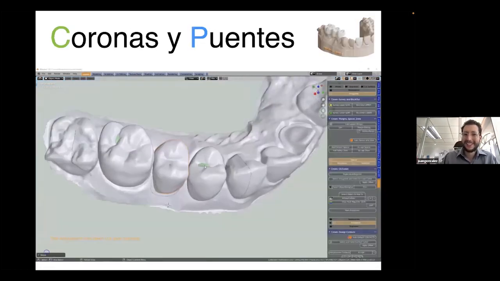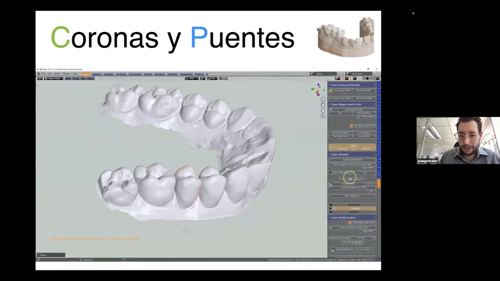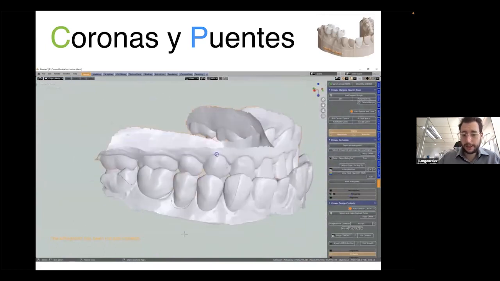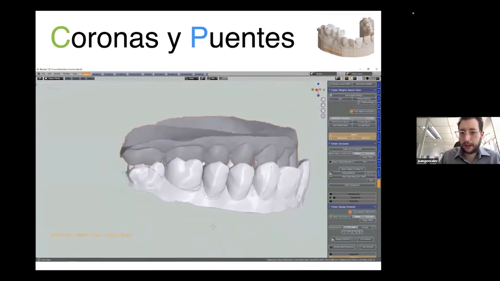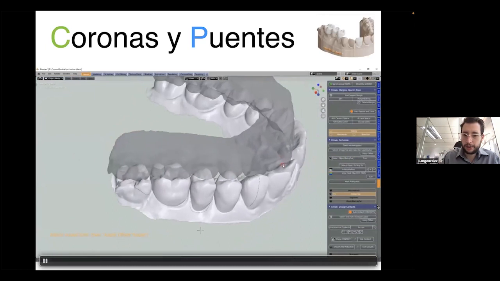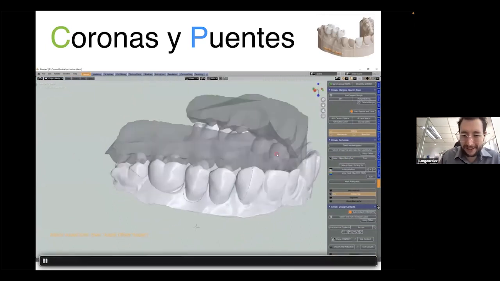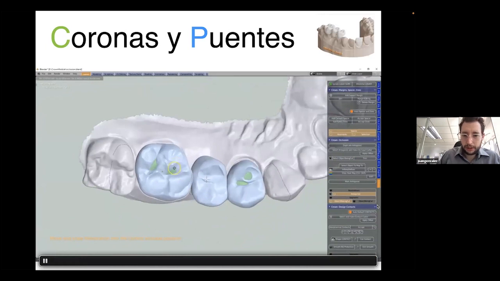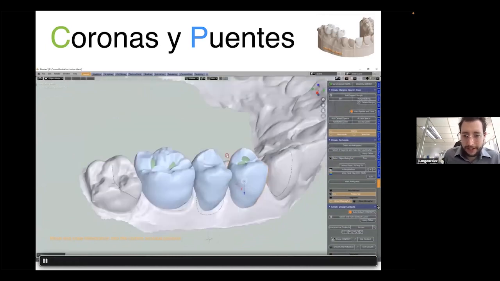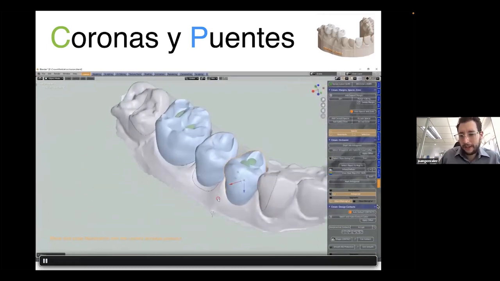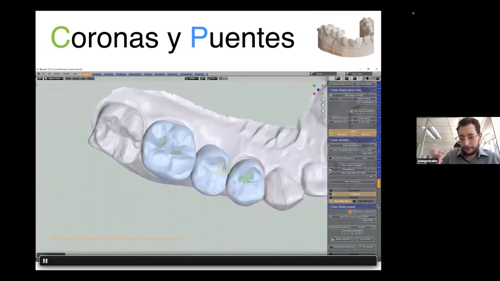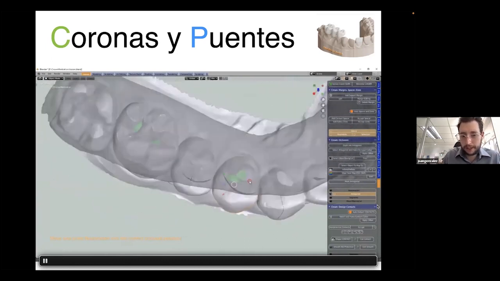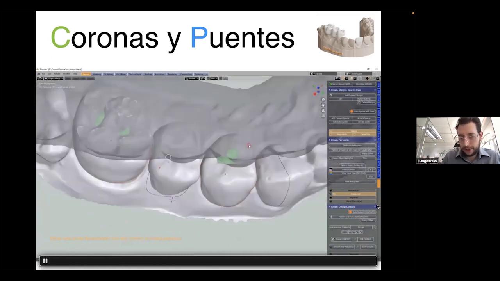Actually, here it is, the crown and bridges module, which allows us to design all sorts of permanent prostheses like crowns and bridges and inlays, onlays, implant crowns, etc. Here you are seeing a little fast example of how this model works. You can see that we have some blue teeth in there and also some green stuff, which is basically a way to know if we have enough space for the material, and we can design using this information to understand if we have a correct